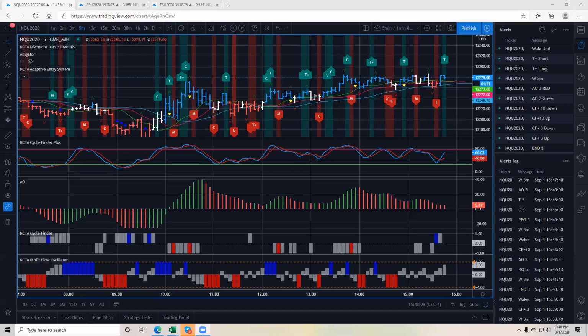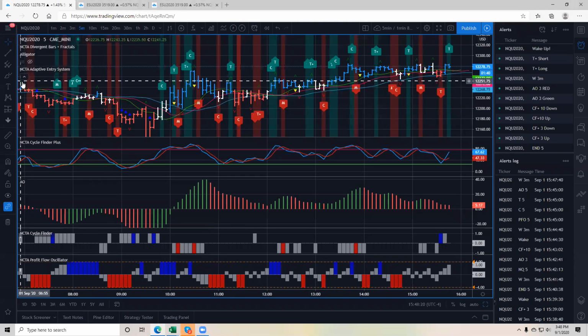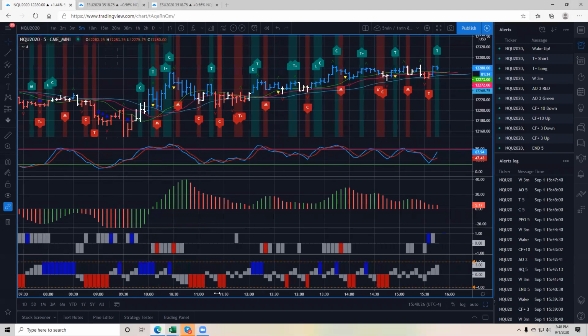Folks, today is the first trading day of September 2020. It's Tuesday. This is our view of the 5-minute NQ chart with the adaptive entry system signals. We've actually released an updated version as of today that will now display the trend continuation signals with a T